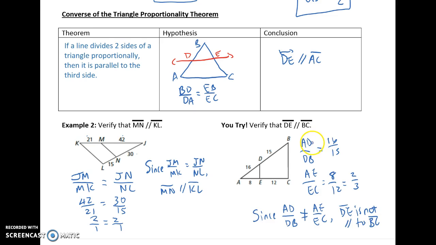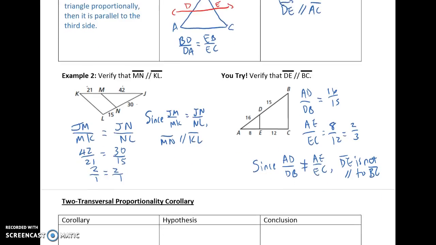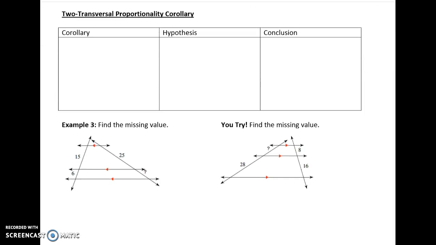So once again, you're checking the pieces, right? AD over DB. Would that end up equaling AE over EC? Well, 16 over 15 doesn't reduce any farther, but 8 over 12 gives us 2 over 3, and those are clearly not the same. So no, we don't have our parallel segments here. All right. Moving on to transversal